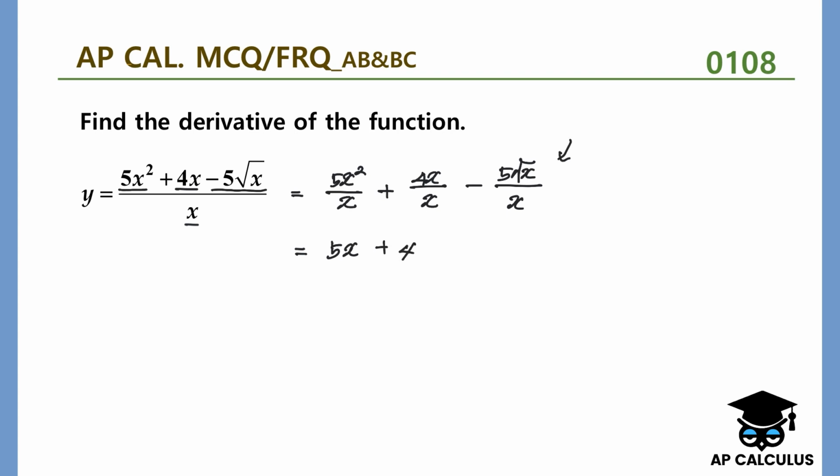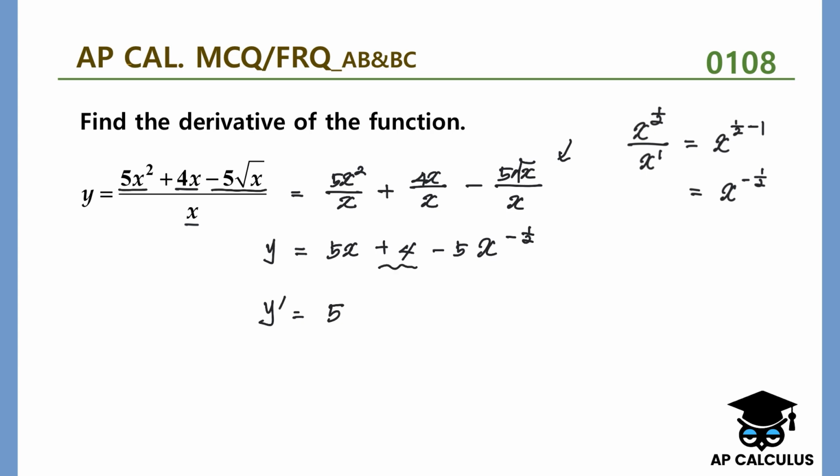Here, square root of x is x to the power of 1/2, right? Over x to the power of 1. That is equal to x to the power of 1/2 minus 1, right? 1/2 minus 1. So that is equal to x to the negative 1/2. So minus 5 times x to the negative 1/2, right? So that was y. And now y prime is equal to, here, the derivative of 5x, that's 5. The derivative of 4, that's 0, right? So I'm not going to write it. Here, negative 5 times,